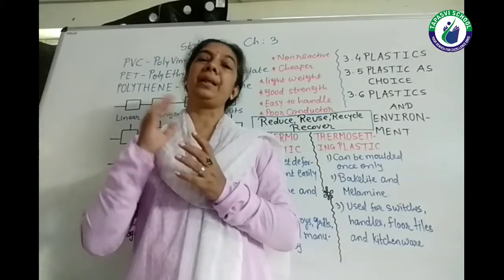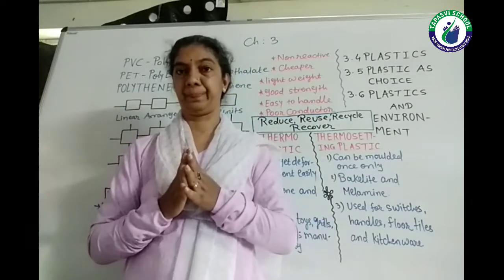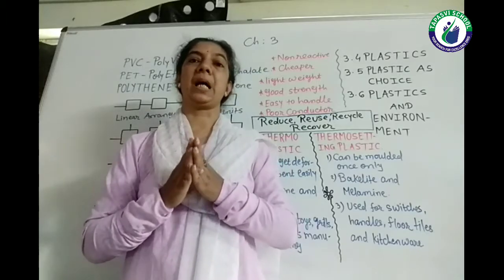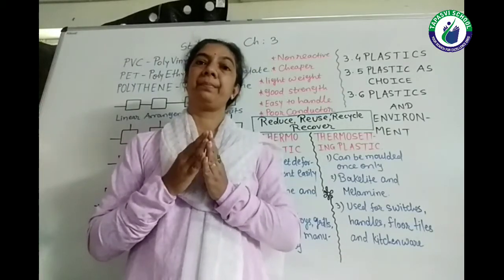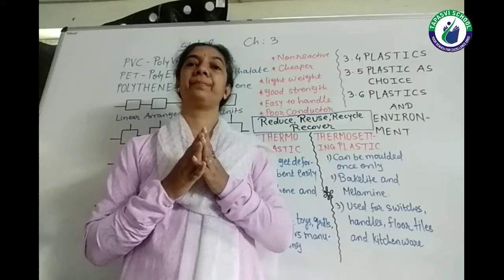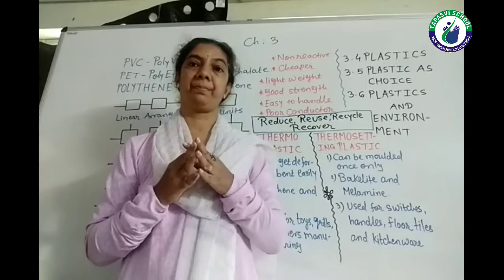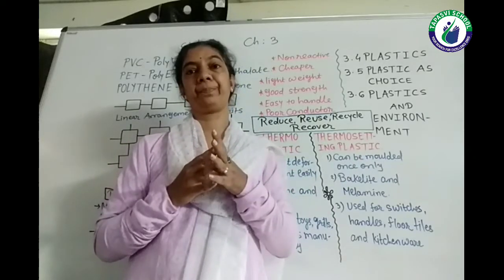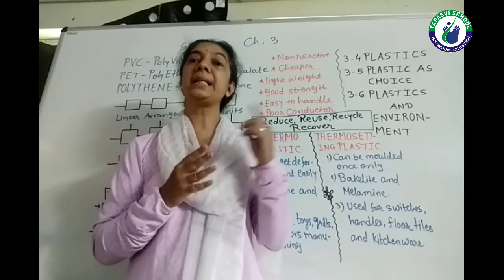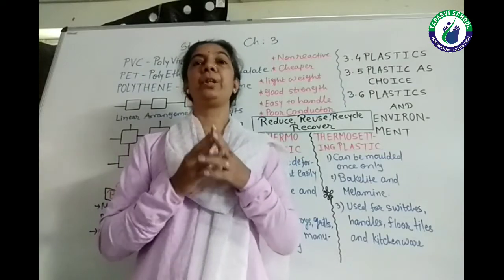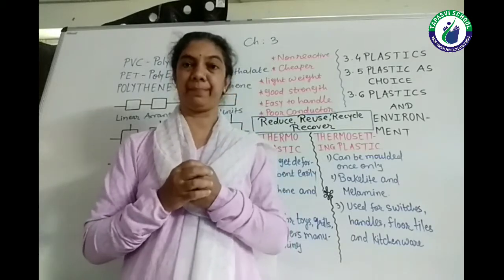If you remember, then in the portion of synthetic fiber we have discussed the characteristics of the fiber. Synthetic fibers are easily available, they are lightweight, still they are very strong, they are cheaper, they are not soaking the water much, means it dries very fast, very easy to maintain. But the disadvantage related with fibers was that it catches the fire very easily.